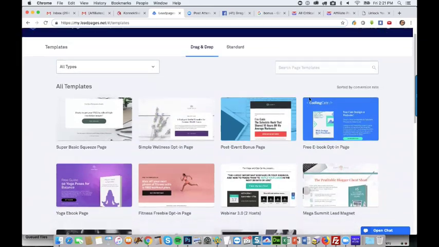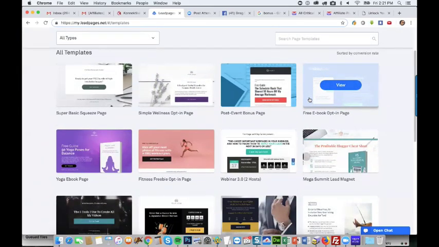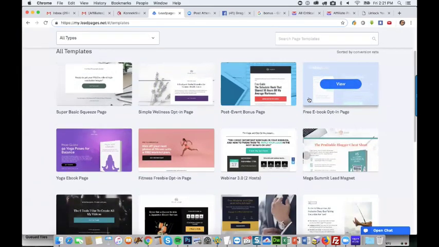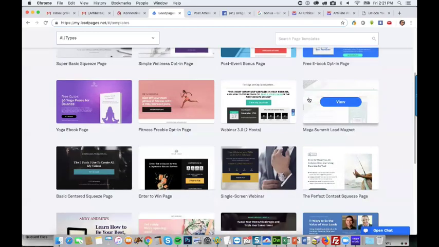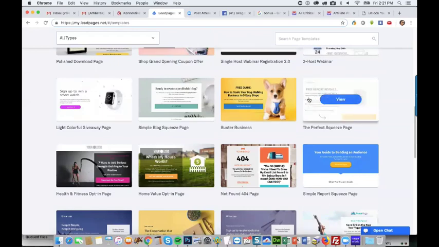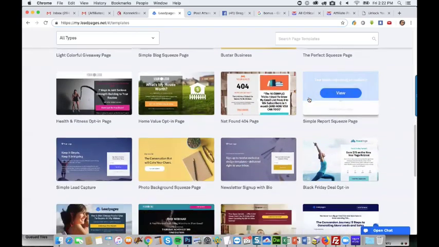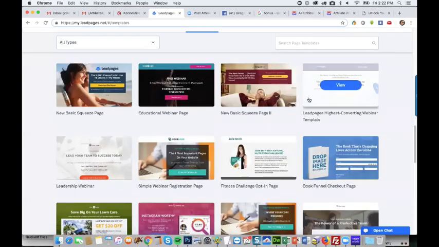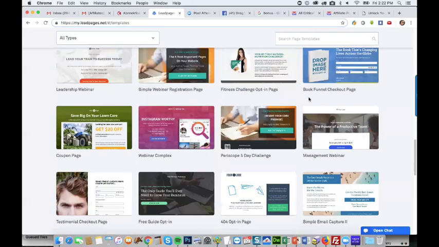They are sorted by conversion rate, so that's always a plus. So let's see here. What do we have? That looks good. Well, you know what?